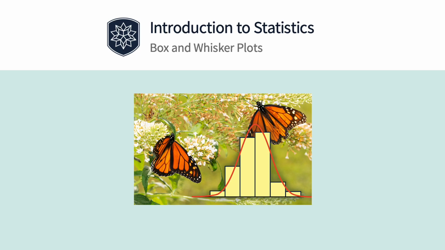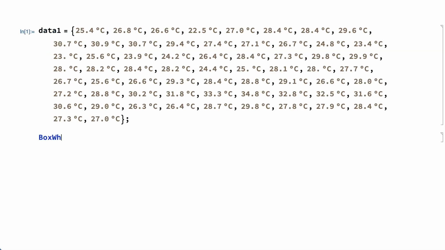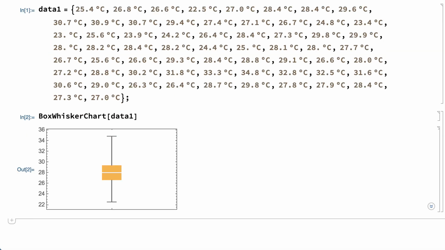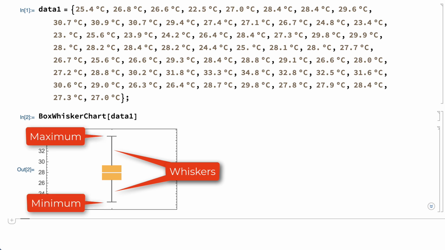Box and whisker charts provide a simple way to visualize the distribution of values in a list of numbers. For example, here is some sample data and a box and whisker chart of that data. The data in this example is a list of temperature measurements. The whiskers in the chart extend from the lowest temperature to the highest temperature, and the height of the box